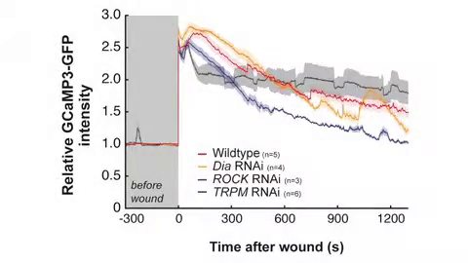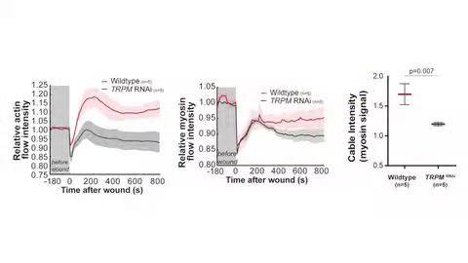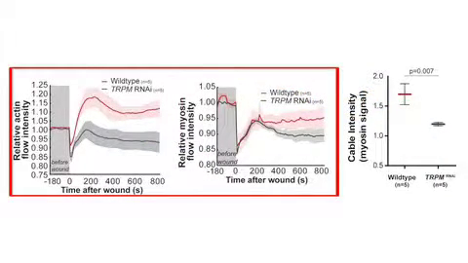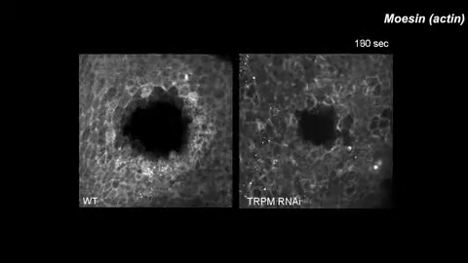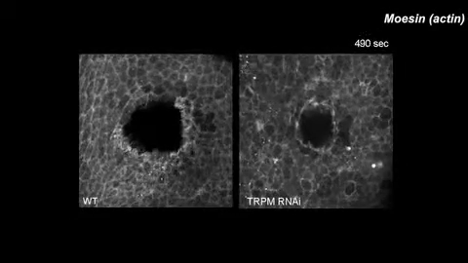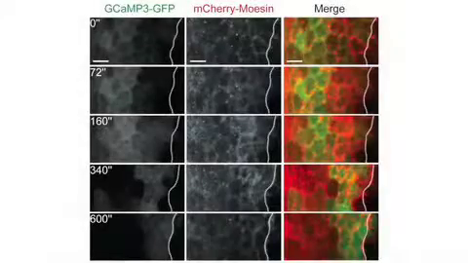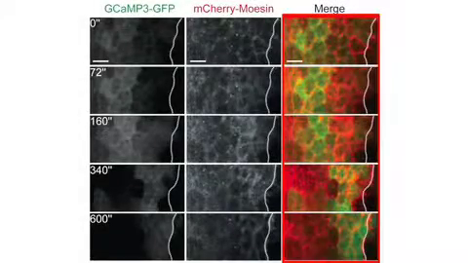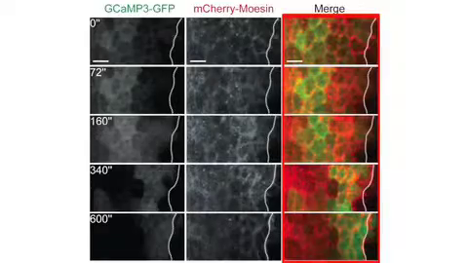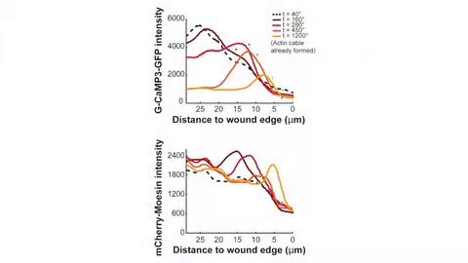We've knocked down one of such channels, TRPM, and we see that when we knock it down, there is a reduction of the calcium influx. Inhibiting the calcium influx impaired actomyosin flow and cable formation, indicating that calcium signaling is upstream of these wound healing processes. We see some correlation between calcium and the formation of the actomyosin flow. However, this is not simply a linear connection, and we will have to do some modeling on this process to